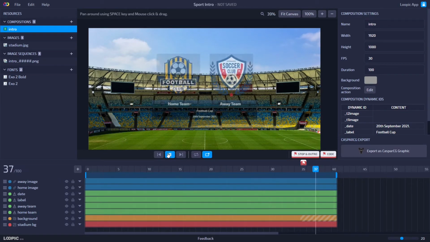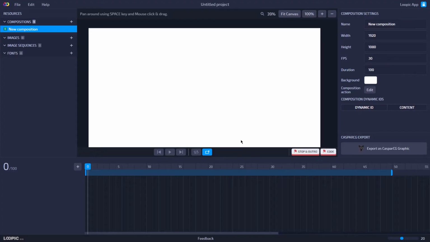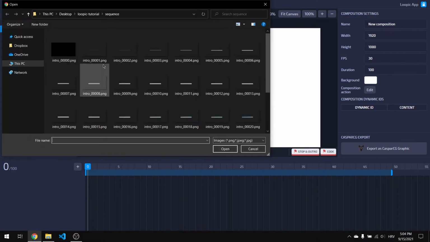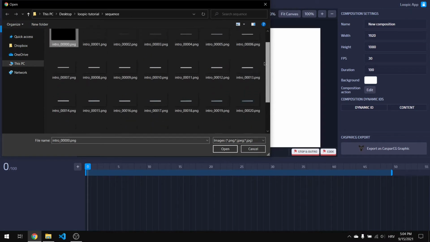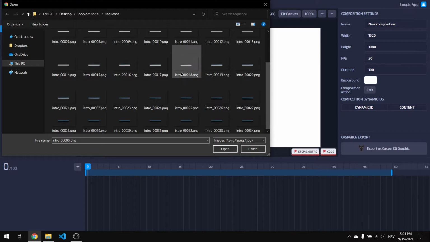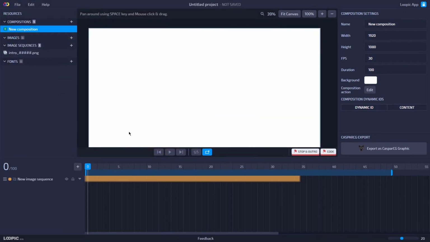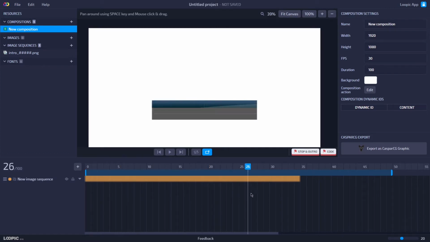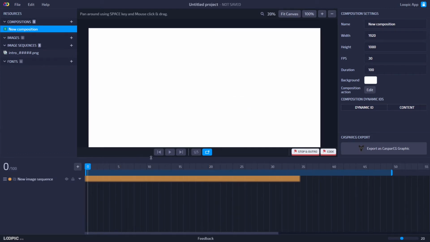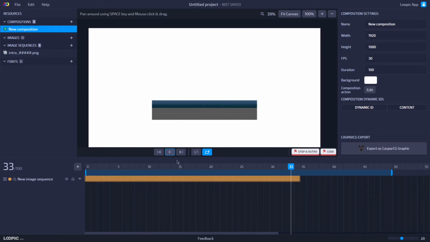Alright, so let's get started by creating a new project. No, I don't want to save this. The first thing I'm gonna import here is an image sequence. I have this image sequence exported from After Effects and it is about 34 frames long. Select all the images by pressing the Ctrl+A keyboard shortcut or just by clicking all the images with the mouse and then just click Open. The image sequence is automatically imported as a new layer and now it looks like a